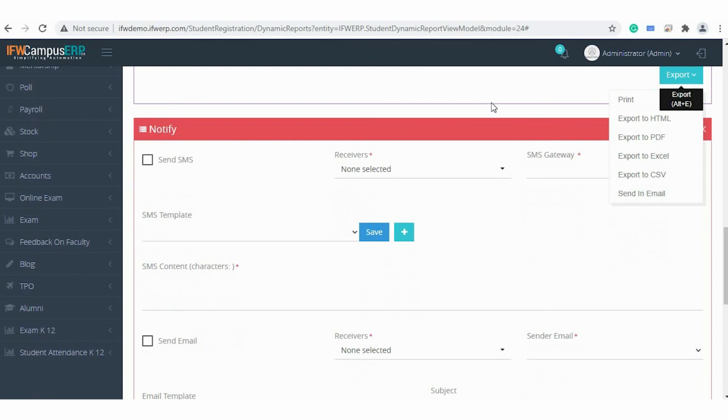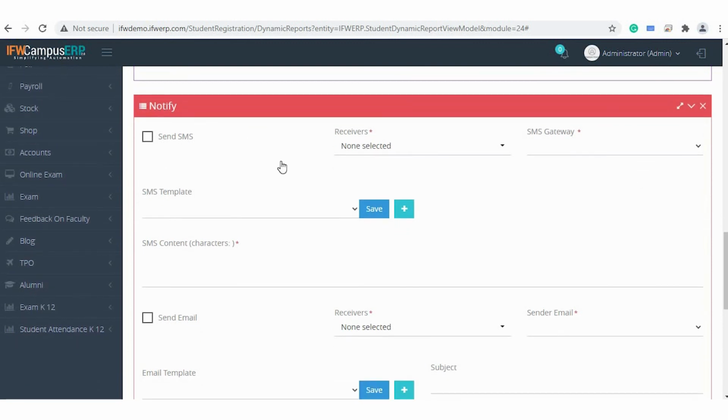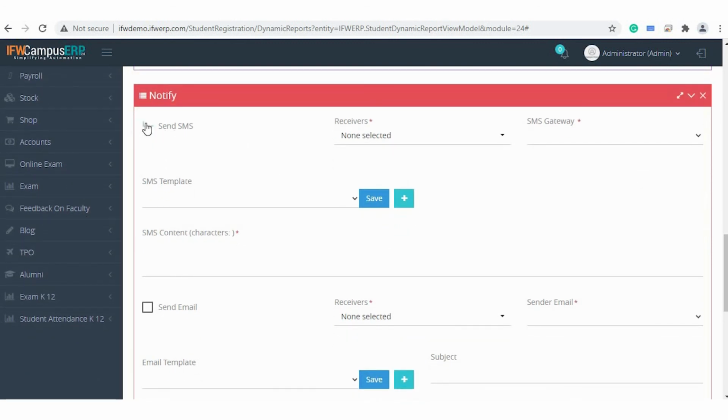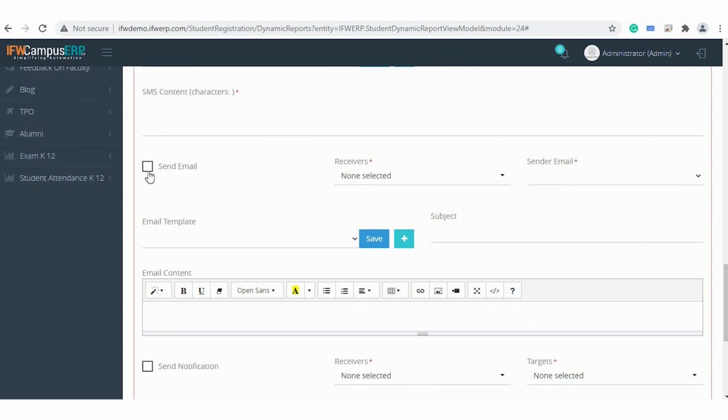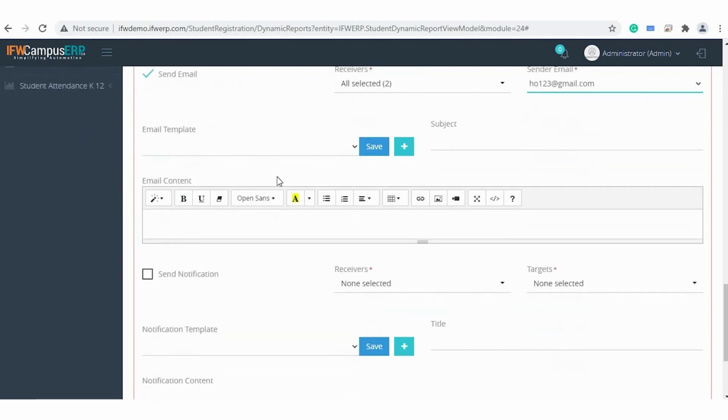Other than generating the report, the dynamic report also facilitates to send the SMS to the respective receivers like students or parents. You can also send the emails to the respective receivers, students and parents using the email ID that has been integrated with the ERP. You can use these editors to set your email templates.